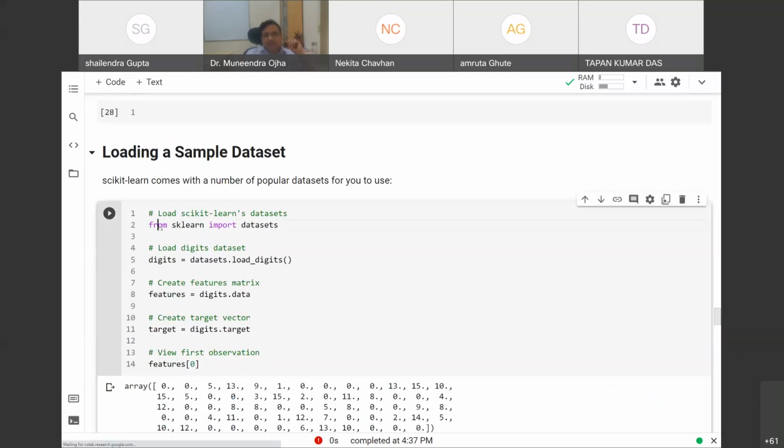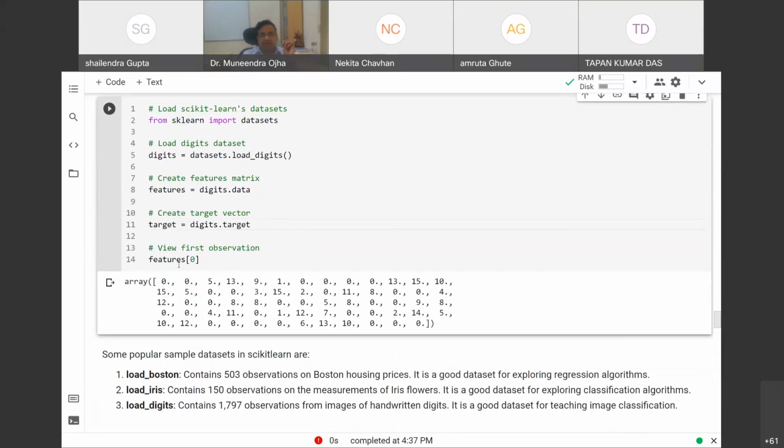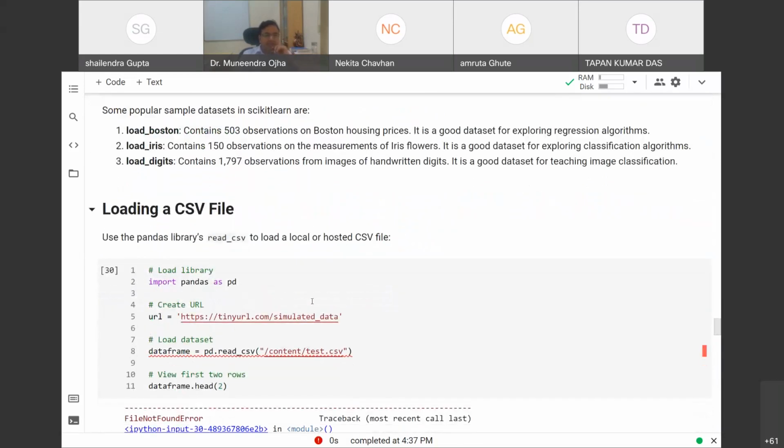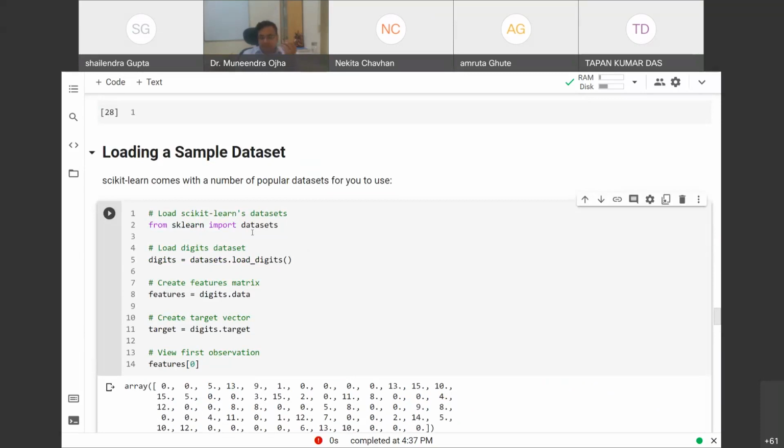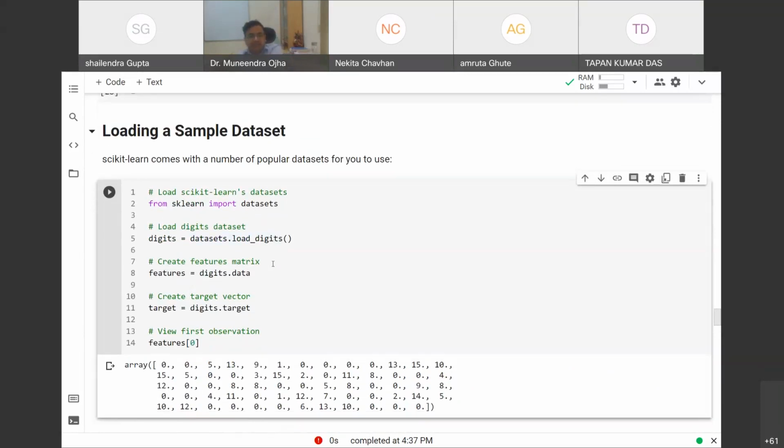So how do we do that? From sklearn, import datasets, digits equals datasets.load_digits. When you load digits, it loads the values, and then features can be taken from digits.data; you load the features as well as the target. Okay. So the first number of columns are feature values, and the last column would be the target. And if you try to draw these features, these are all the digits which are loaded. So this way you can load datasets from sklearn, scikit-learn.